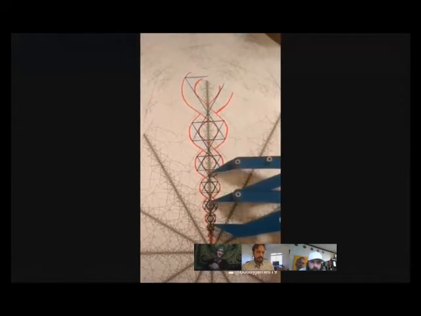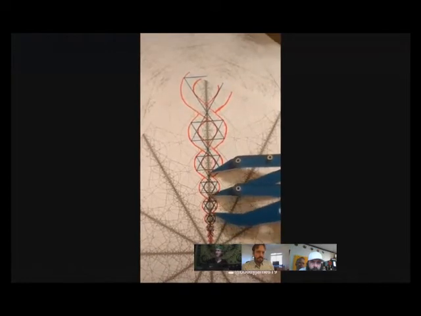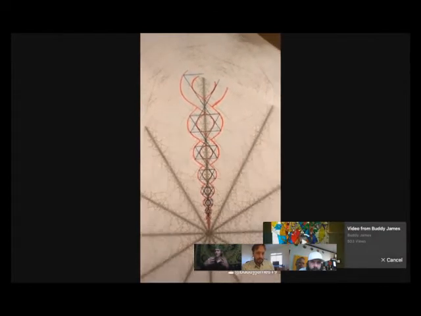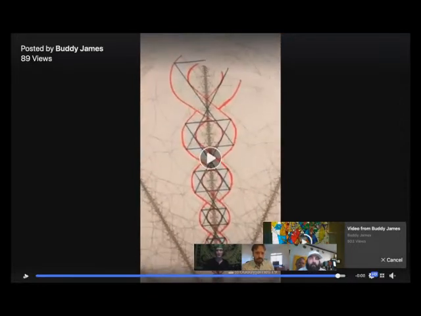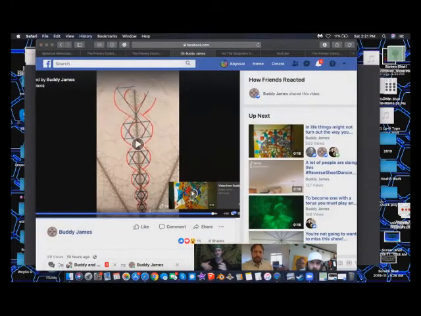And they nest within each other. Both of these nest perfectly within each other. And he's been able to create this in a decagon as well as a dodecagon and many other structures. So I was hoping to relate this back to the tiling of the quasi-crystal and the magnetics.